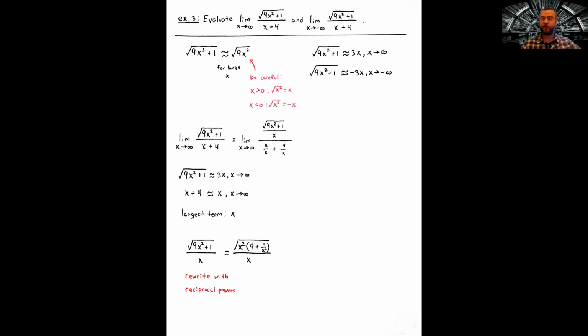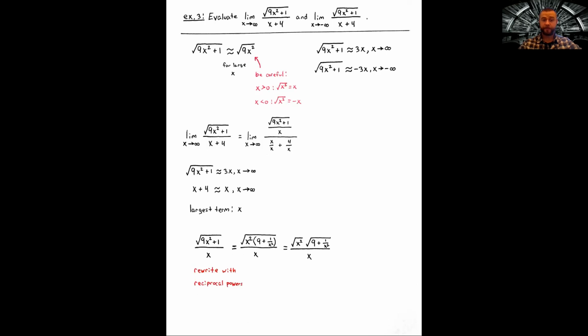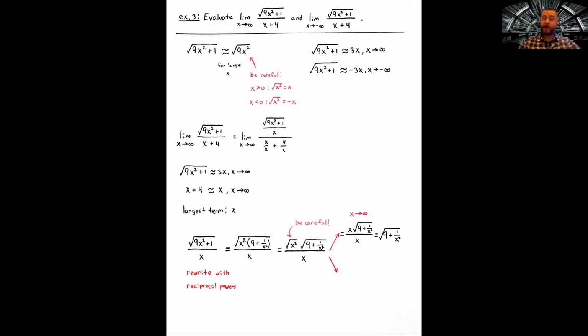Now, if that's a little uncertain for you, just distribute x squared back in through the parentheses. Check that it correctly simplifies to 9x squared plus 1. But notice that x squared is factored out within the square root. All right, now we're going to apply properties of square roots. We're going to take the square root of x squared, and then take the square root of 9 plus 1 over x squared. And this is where we have to be careful,